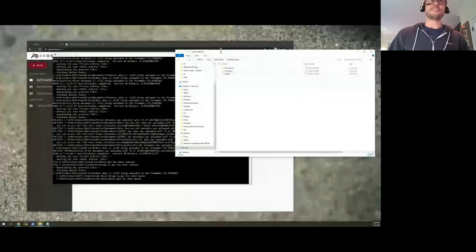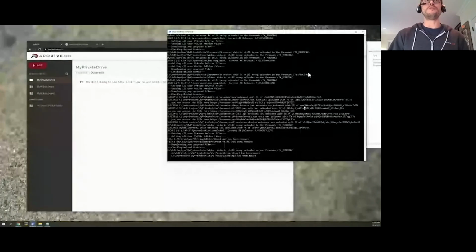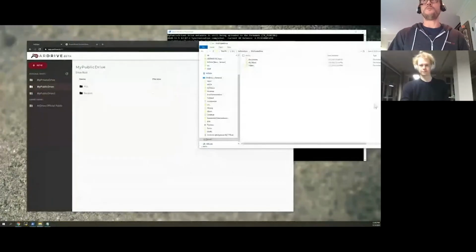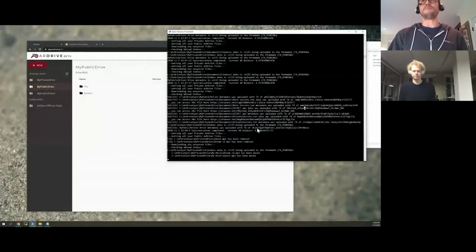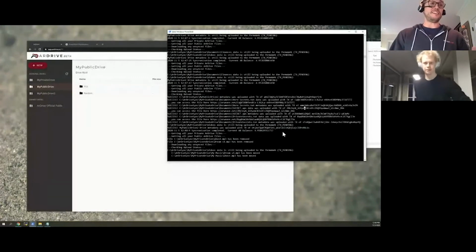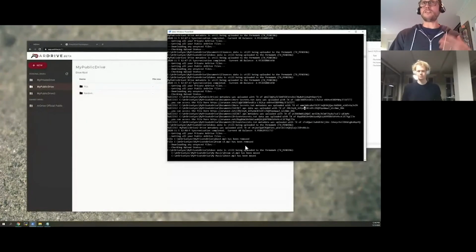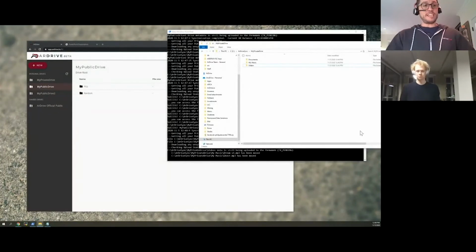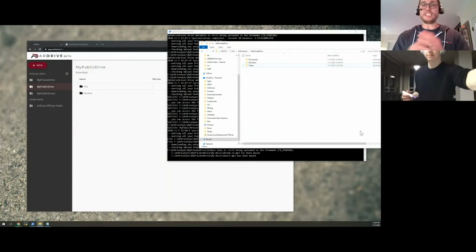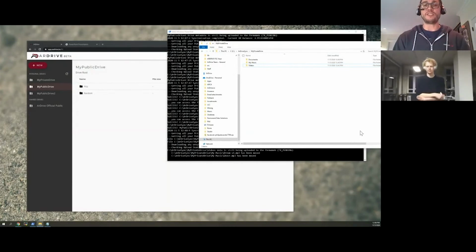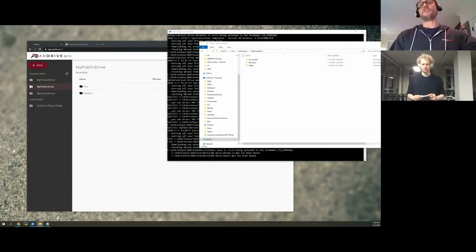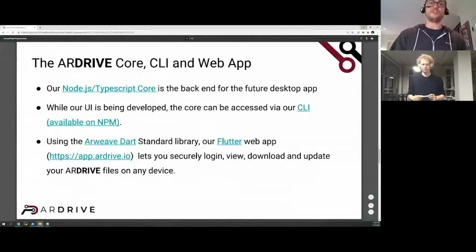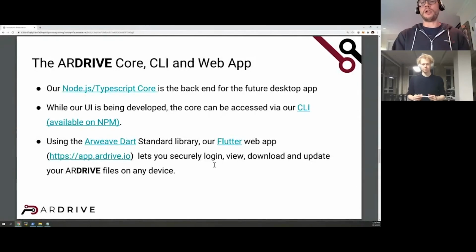So I think that's it for now. We've showed the web interface. We've showed the command line and some of the messaging that comes along with that. I think the mining time goes up and down. Sometimes it's within a couple minutes, sometimes it's a little bit longer. But again, this is the first beta test. We invite anyone to check these out and give us feedback. Whether it's, hey, I just like how it looks, or I've had really specific issues with a certain feature, we want to hear it all.